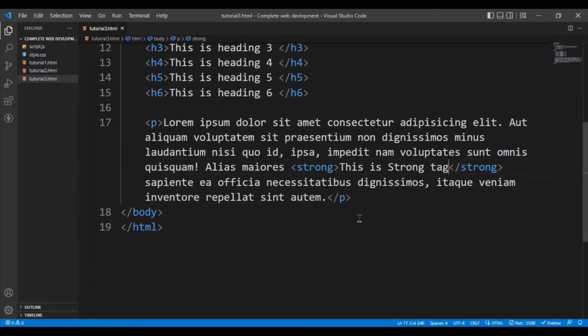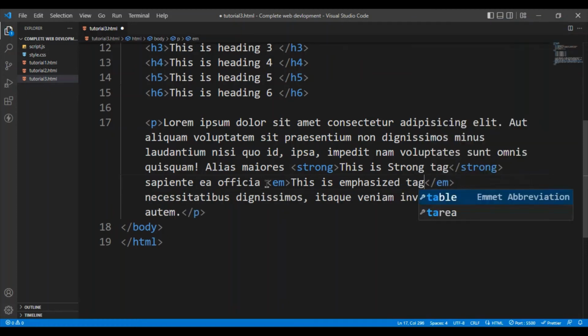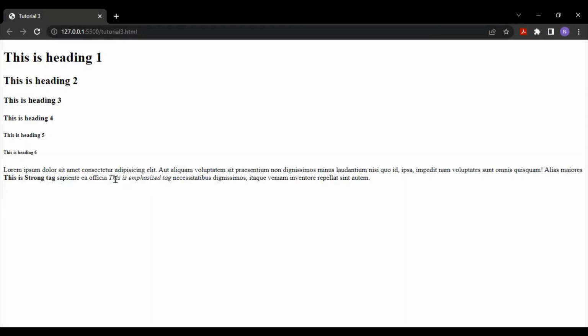Now let's cover about the em tag. So between this I will just write em, and I'll write this is emphasize tag. So after writing this, just save it and go on your browser, and you can see this is emphasized is displaying in the italic fonts. So this is the use of emphasized tag, and this is the strong tag, and we had covered the headings